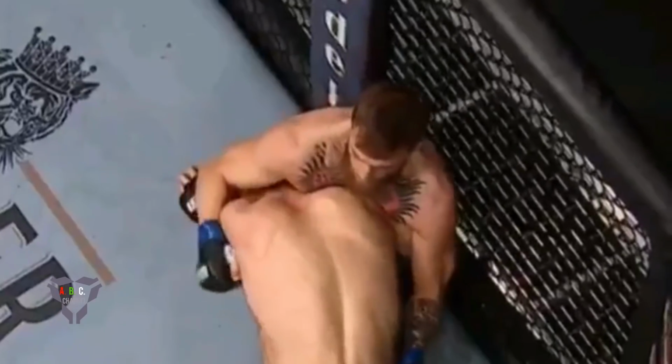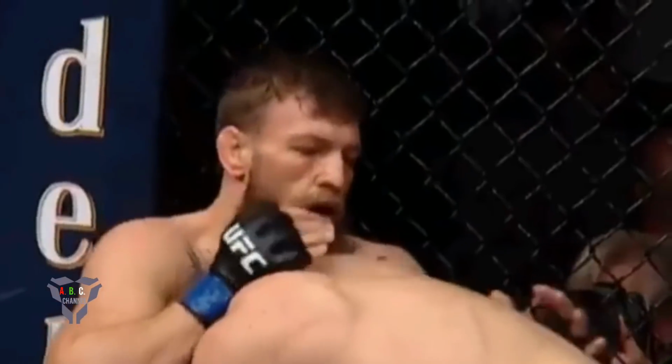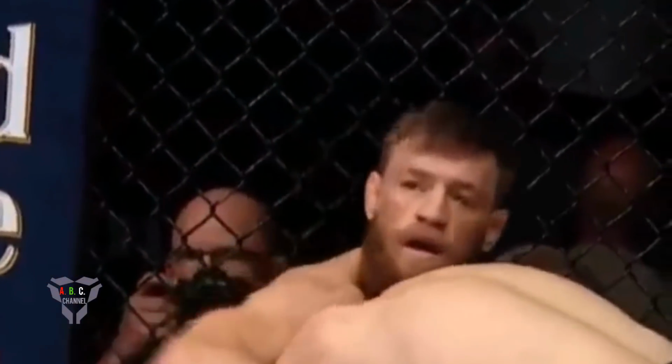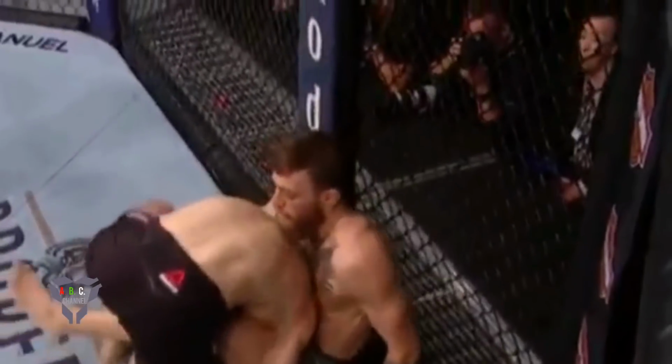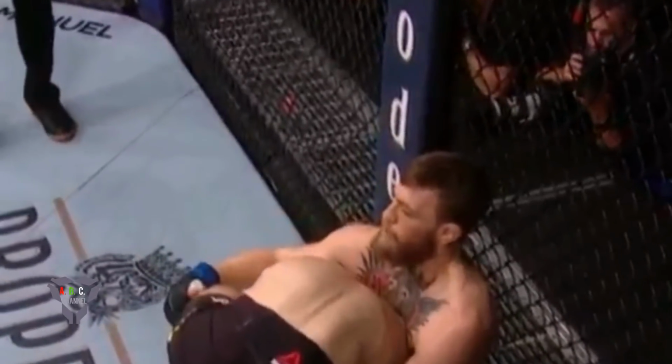Look how good Khabib has done a job of wrapping those two legs up together. This is what he does to everybody he fights. He crosses your legs, and now if your legs can't get away, then you can't get up. You're pinned to the floor. And he's done this better than anybody. He elevates and straightens your legs out. And now what he's going to do is try to lift Conor's knees and legs higher than Conor's head